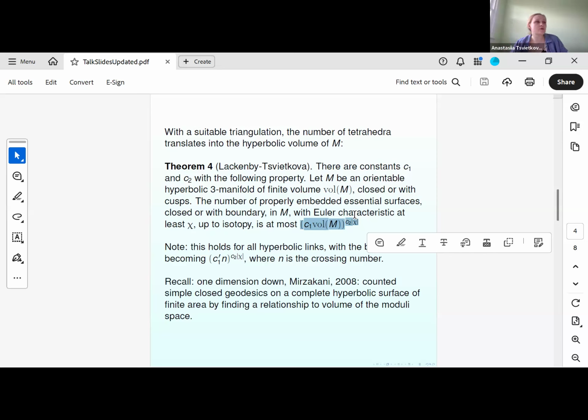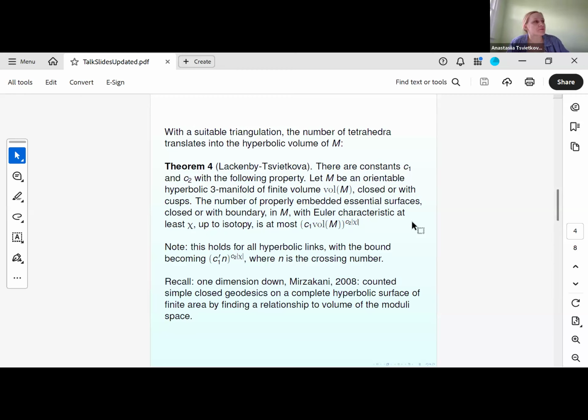And this holds for hyperbolic links. You know, your manifolds could be closed or with cusps. In hyperbolic links, you would substitute volume with the number of crossings, because roughly volume is the number of tetrahedra. The number of tetrahedra is roughly the number of crossings. I mean, you have to be a bit more accurate, but you still get something like a constant times the number of crossings to the constant